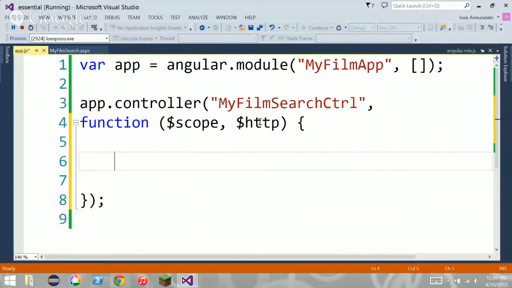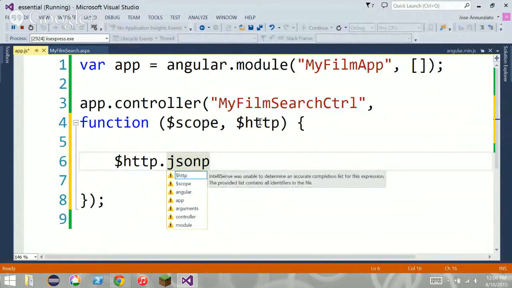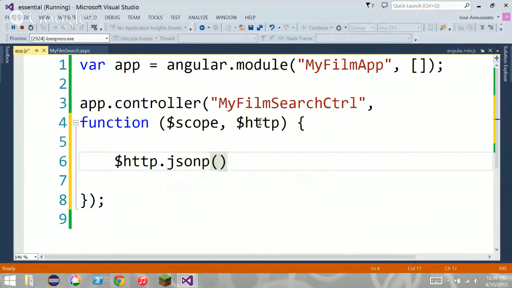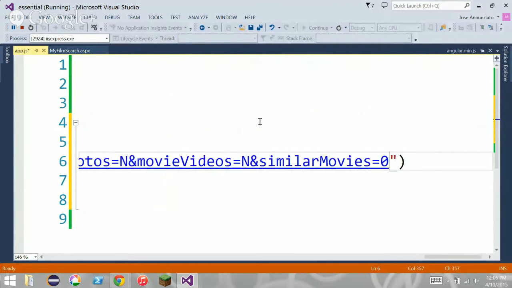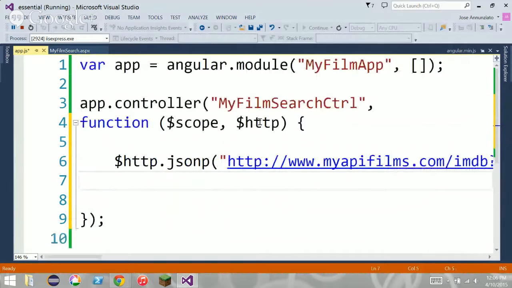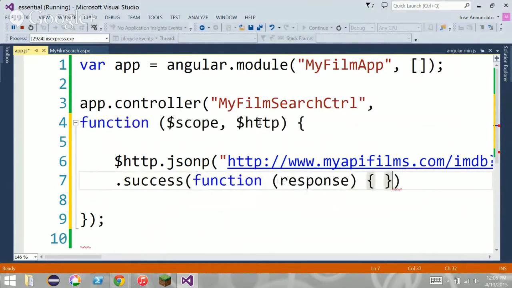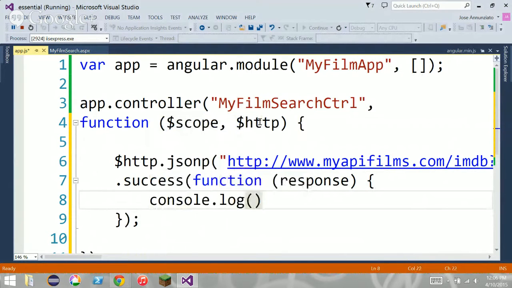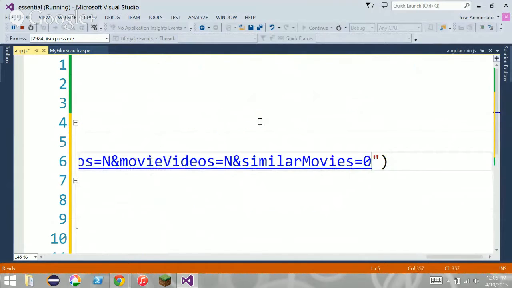And we'll do something like http.jsonp and the URL. We need the URL, right? There it is. And success function, and here's a response. Okay, console.log response. For this to work, if you remember, there was one additional query parameter that you had to